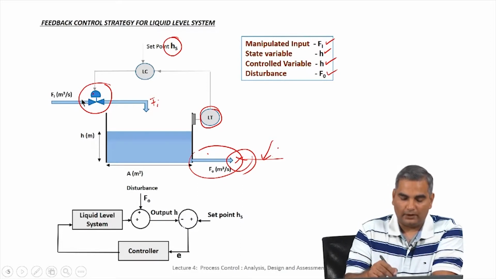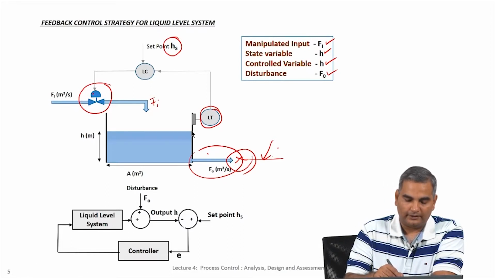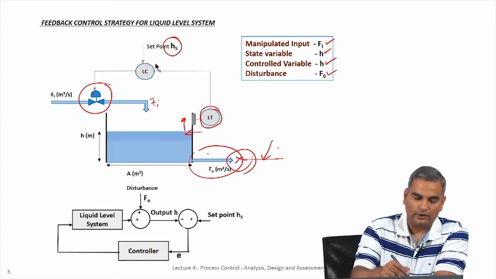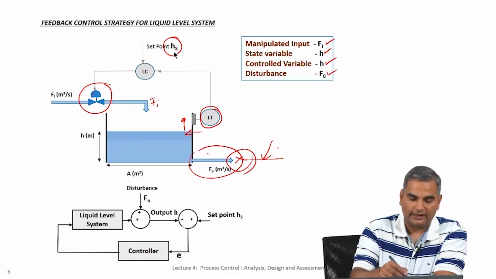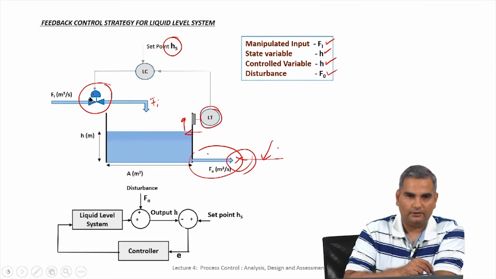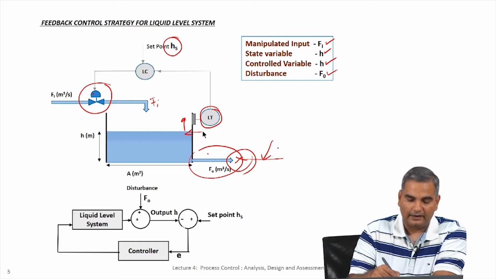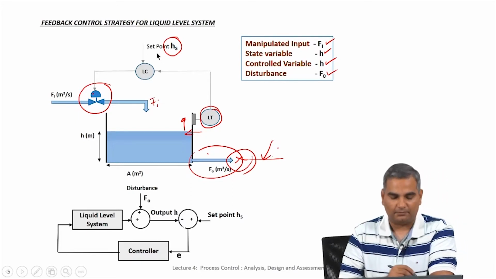So, in this case what will happen is, supposing you want to maintain the height at this level. Now, if the height increases, the level transmitter will figure out the height is more than what it should be. So, it will go here and check the set point, and then say the height is more than what the set point should be. So, that basically means I have to reduce the inlet flow rate and so on. So, this is how this feedback controller will work. The feedback really comes from measuring the actual control variable and checking it against a set point.